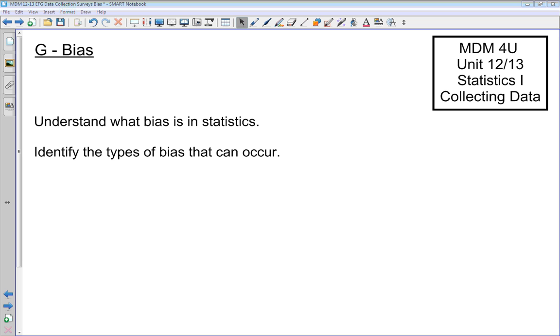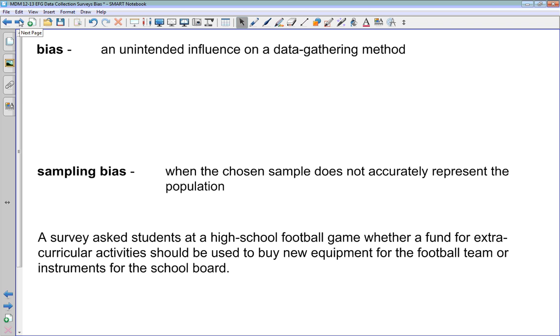Now, to begin with, when we talk about bias in general society, we sort of mean it to be equivalent with prejudice or discrimination or something like that. In statistics, it has a more specific meaning than that. When we're talking about bias in a statistical survey, we're talking about any unintended influence on a data gathering method. Okay, so to make it a little bit more general, we can say that anything